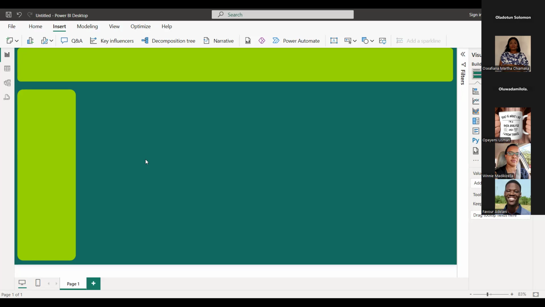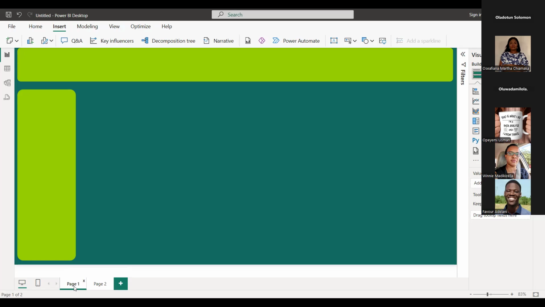Now, I don't want to be repeating this process again for the next page. So all I'm going to do is to duplicate this page. Don't forget automation. That will make your work faster. So I'll click on page 1. I'll right click on it. And then I'll say duplicate. And I'll call it, instead of duplicate of page 1, I will call it page 2. So I have a framework on 2 pages, though we are still working on both.